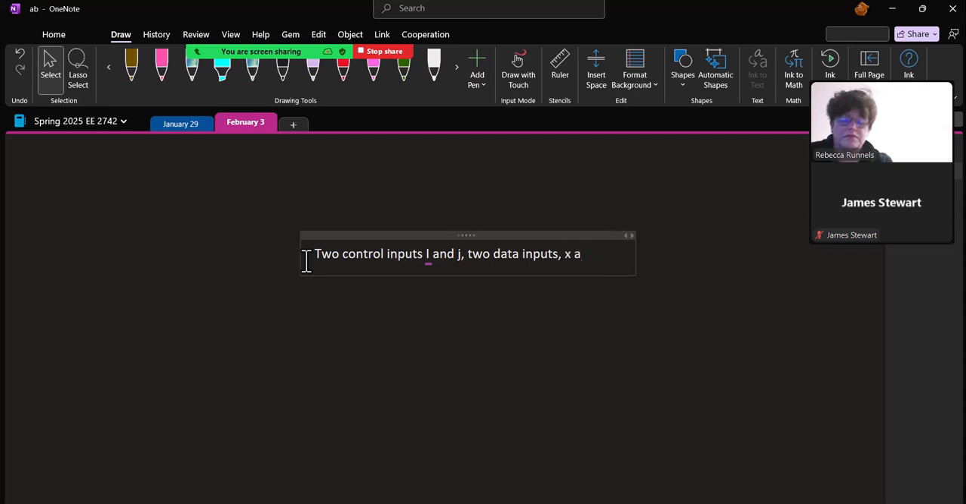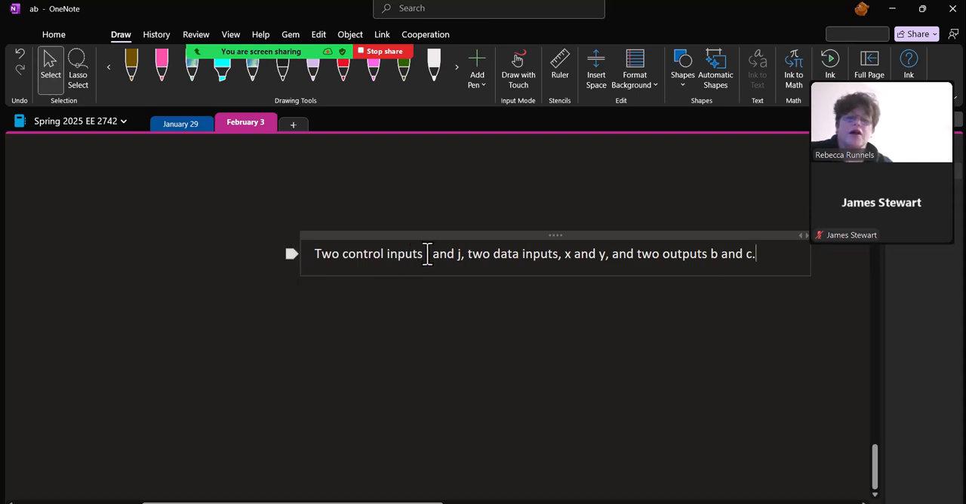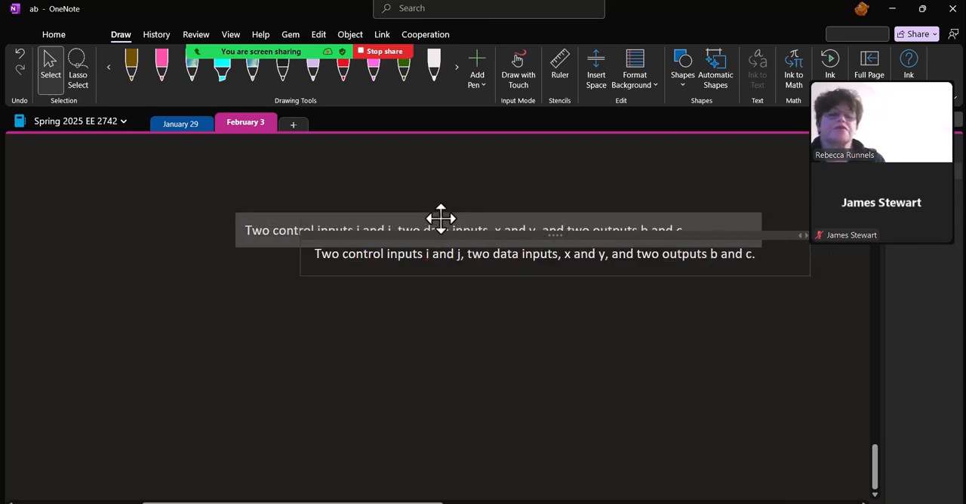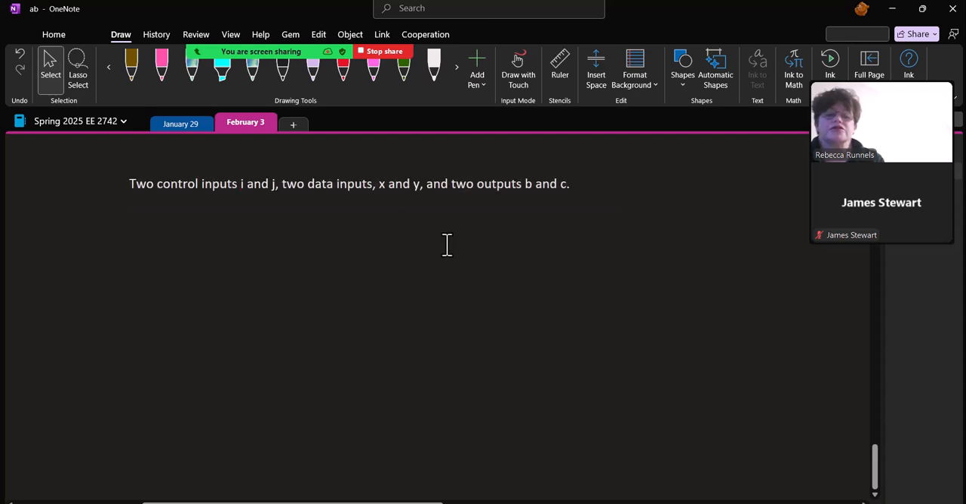X and Y, and 2 outputs, B and C. Each of these values is 1 bit. Okay, so I was just as guilty of this, because I simplified this even further and just assumed that you would know what this meant. And so what this means